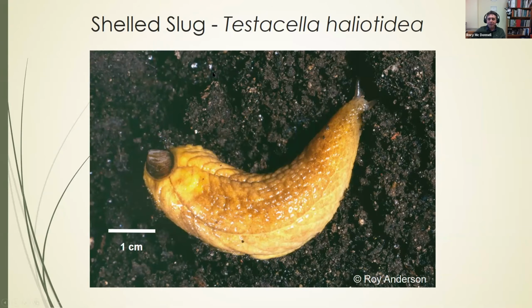And the shell slug, this one is a real oddity in the slug fauna on the west coast of North America, because it's one of the very few slug species that actually has an external shell. It very rarely comes to the surface, this slug. It spends the vast majority of its time underground, and because it's a carnivorous species that feeds almost exclusively on